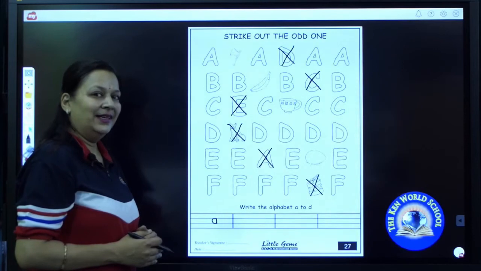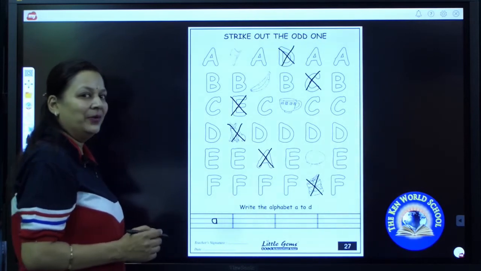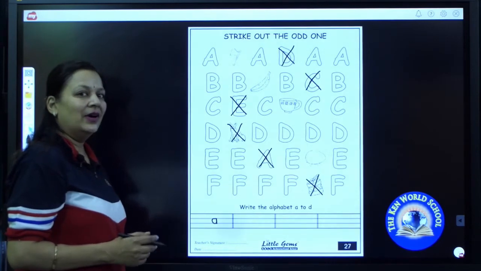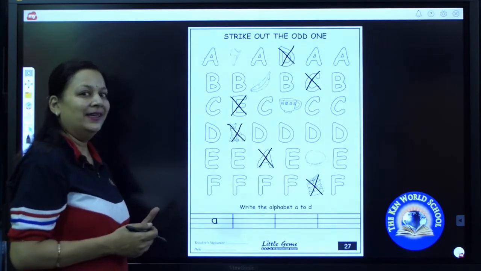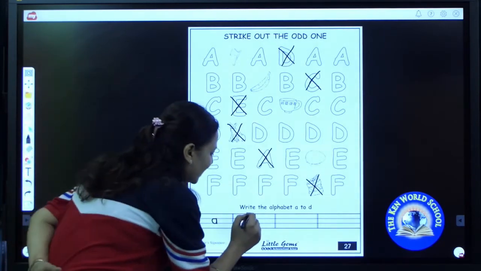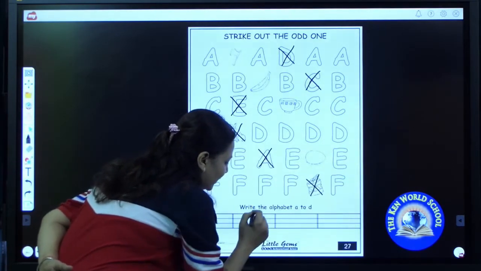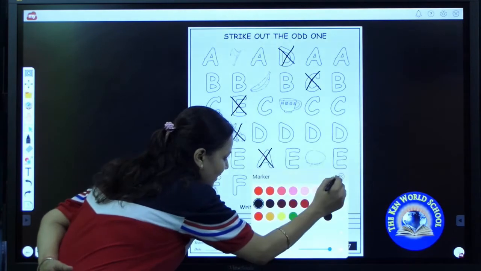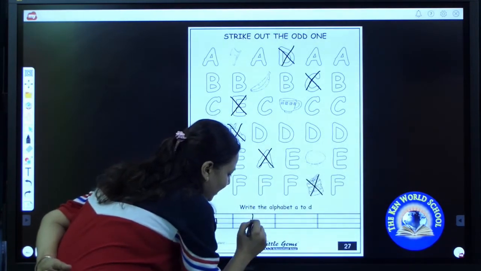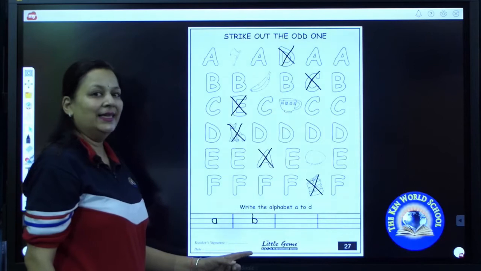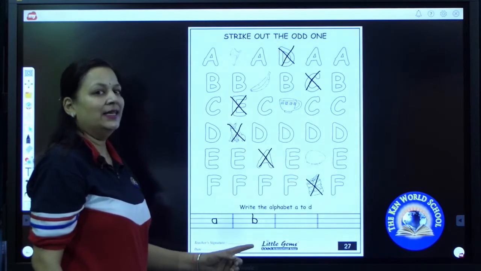Have you done? Great. Now I'm going to write the next letter. What comes after A? Yes, it's B. I'm going to start it from the top line. Up to down, standing line. Come till base line, go back again till the middle line and make a curve. B. B says B.